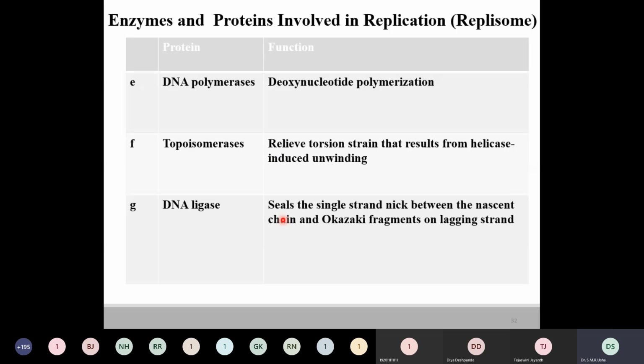Ligase is like a glue. If two strands of DNA are separated, it will join the two pieces of DNA by forming a 3',5'-phosphodiester bond. So there are 7 requirements, starting with substrates, then template, then primase, what else do we have?